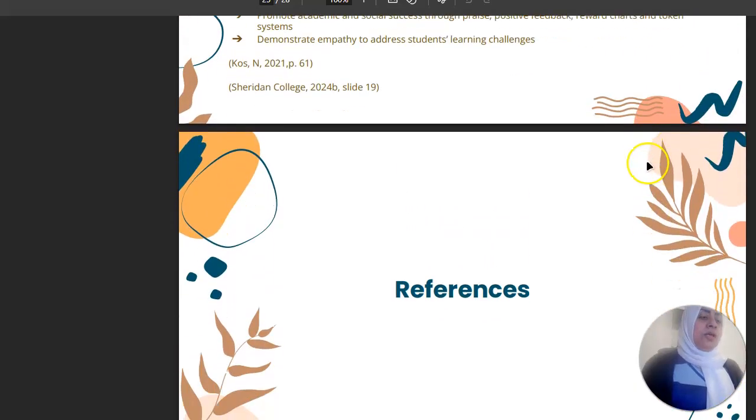Conclusion: students with ASD have unique communication, behavior, and social needs, but with consistent support from families, educators, and EAs, they can thrive academically and socially. Our goal is to collaborate, respect diversity, and always approach support with empathy and